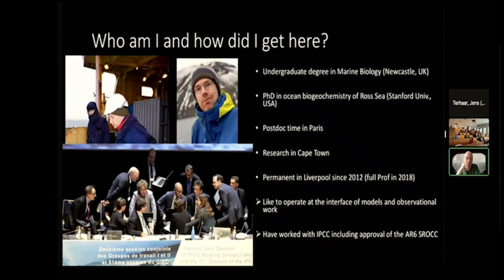Then I spent quite a lot of time trying to find the right PhD project when I started my career. During my degree, I got very interested in the Southern Ocean and the role of iron in regulating productivity in the system. What I wanted to do was learn how to use these ocean models that Jens was mentioning in his presentation to test hypotheses and understand the importance of different mechanisms. And I had a lot of trouble trying to find a PhD where I could do that, largely because in the UK,